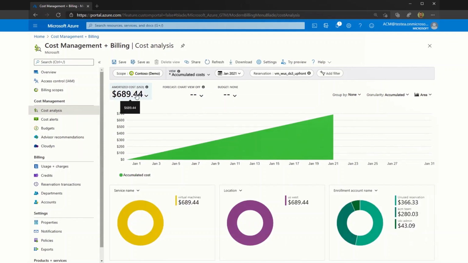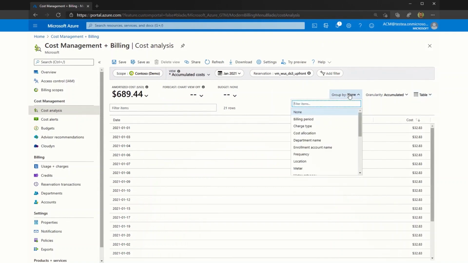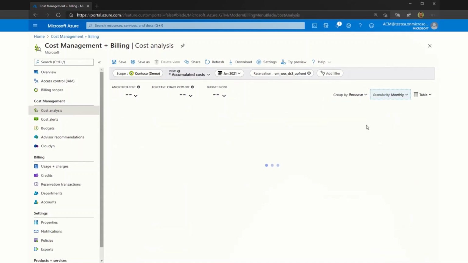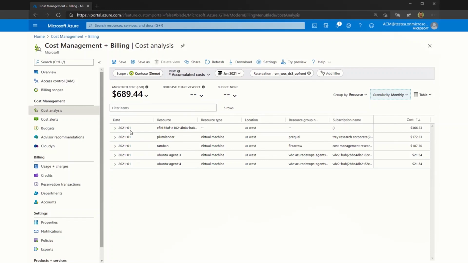And it tells me that $689.44 worth of reserved instance got used in the month of January. I can go see this data in an itemized manner by resources. So here is the list of VMs that used this reserved instance. So Pluto Lander used this reserved instance for $172 and Ramban used it for $107.70 in this month. The first row that you see there, where the resource is the reserved instance itself, the